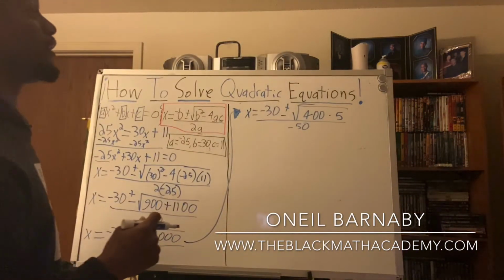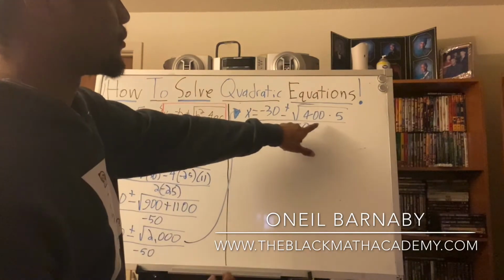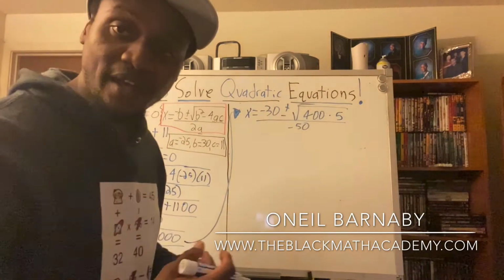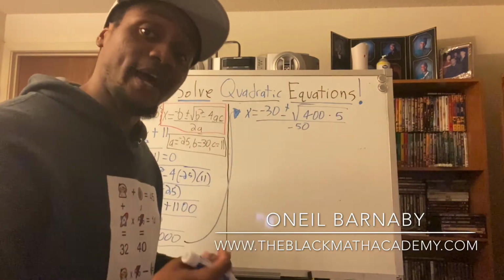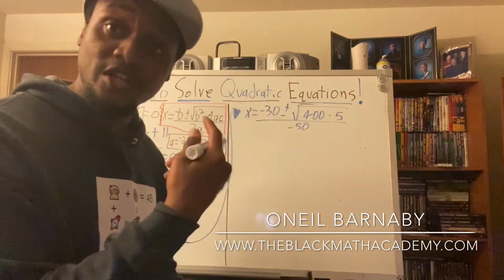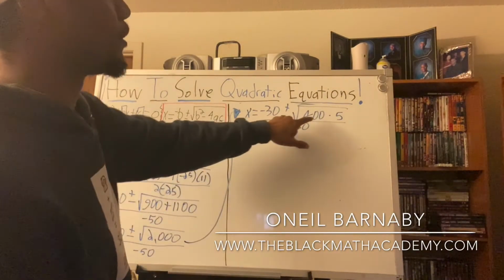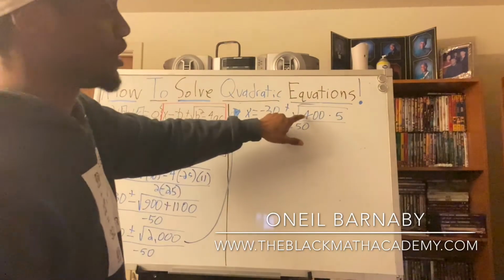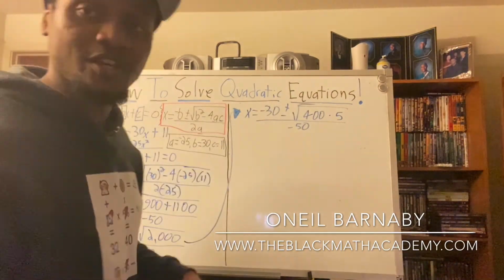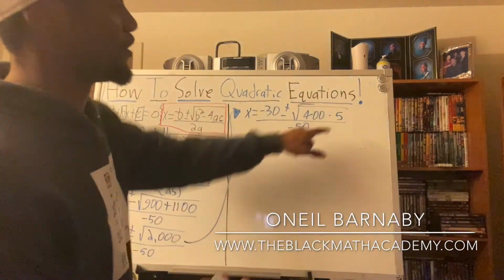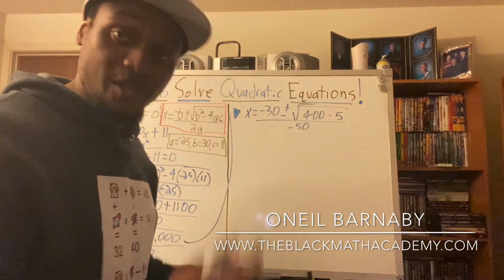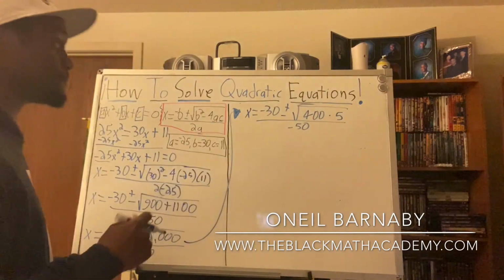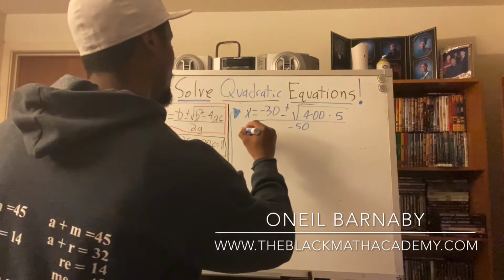All right. So we have this radical now, 400 times 5 inside the radical itself. Once you have that, we can take the square root of it, but we can do them individually because it's a product. So the square root of 400 and the square root of 5. The 400 is the only one we can actually do because that's a perfect square. The 5 is not a perfect square because it's prime. So we're going to leave that value alone in the end. Let me show you. So the square root of 400